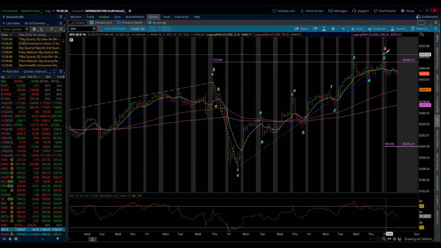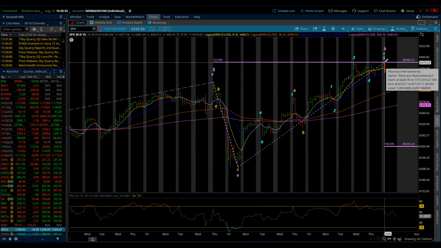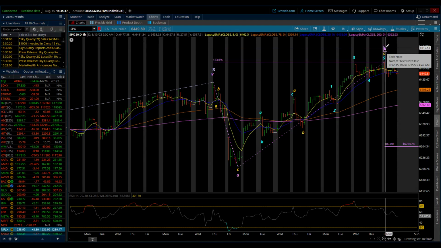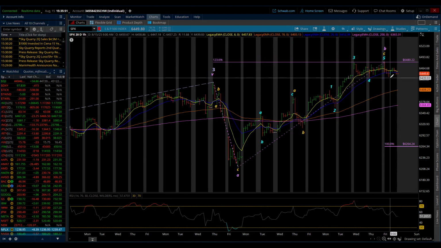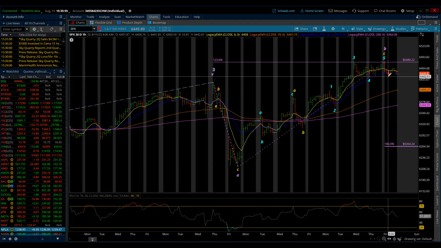We have ABC up now for wave B. And this is where I'm now beginning to update the daily picture, because using the cash is how I've determined that we likely have completed this B wave. Part of that is because of the reaction that we started to get today. It just began to sell off pretty quickly.